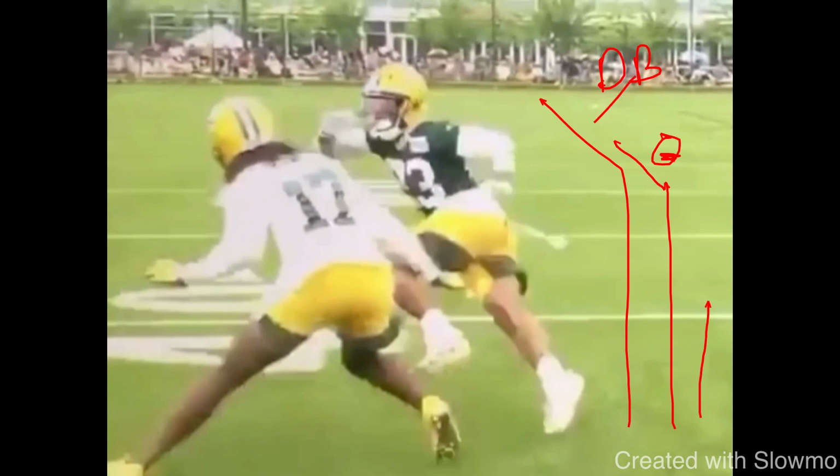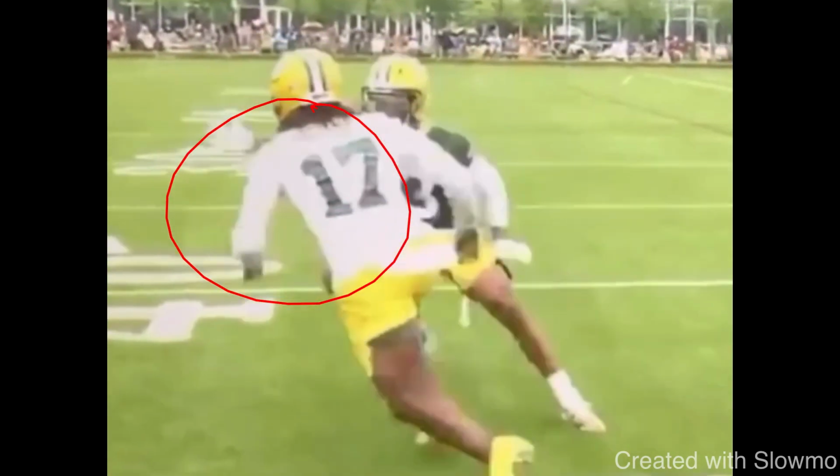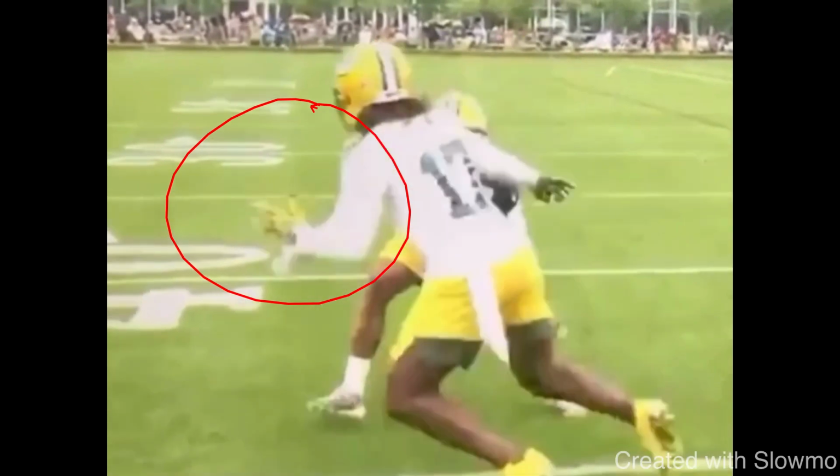But if you're running that post route and you stay committed and then bam, you put your foot in the ground, that can get you space. So same thing off the line. Against a disciplined guy, against a guy who knows what he is doing, you have to make sure that we are committed. Now, on this dive release for those 3 steps that he takes,